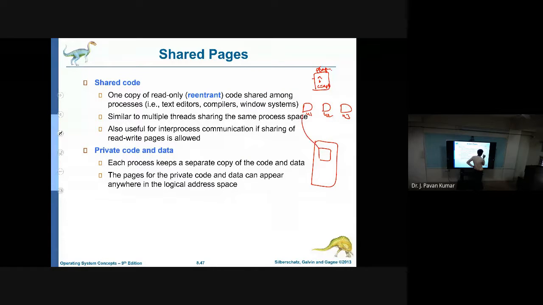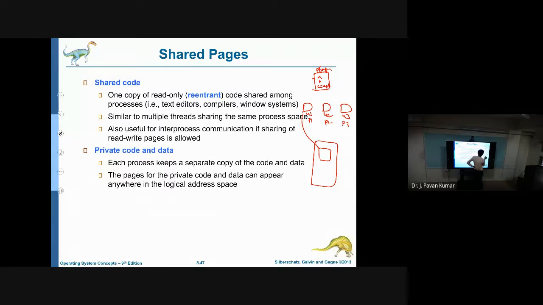Let us say this is process 1, process 2, and process 3. For process 1 we have to load this program. User 2 also wants to execute the same program, so we have to load it again. Process 3 also wants to execute the same thing, so we have to load that program too. So how many copies are we maintaining? Three copies.